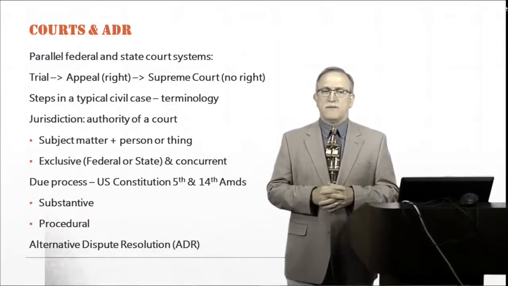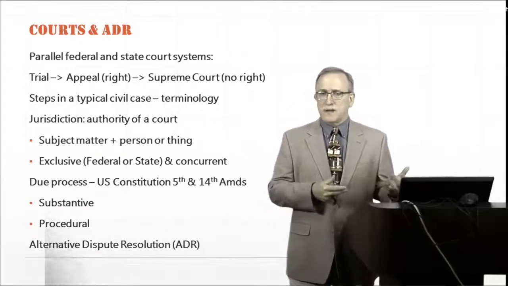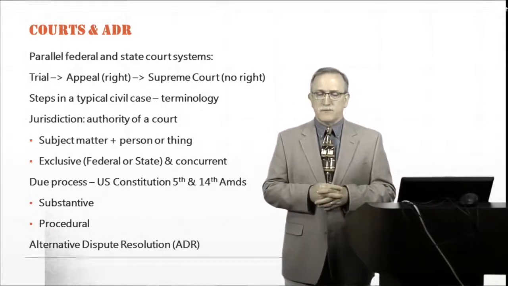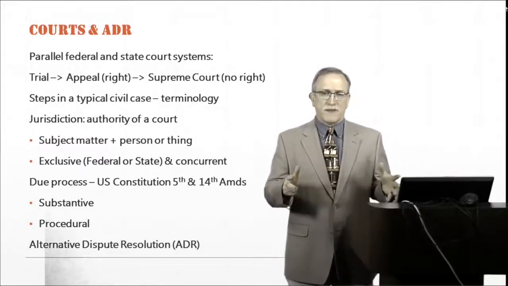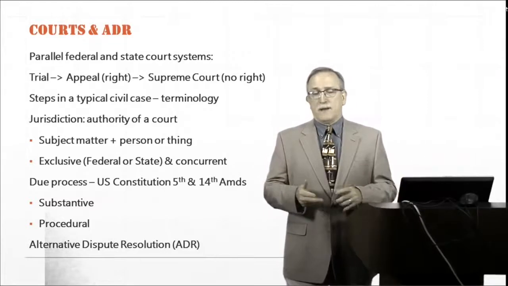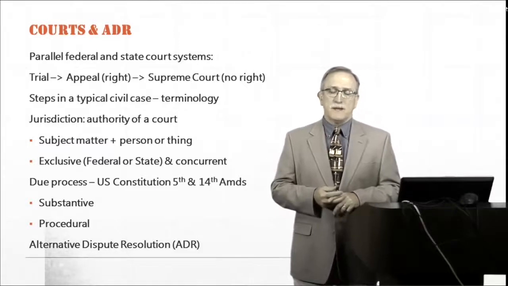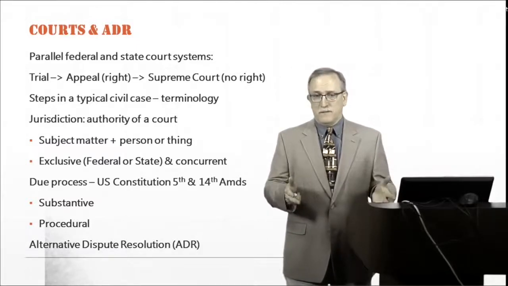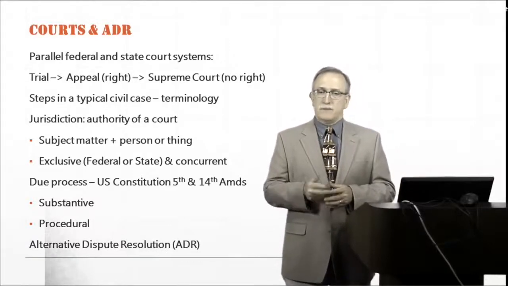Let's say it's a $50,000 contract. Okay, then the question is, does this court have authority, and again, you look at the court systems, and I have those set forth on your course page with a diagram of the state and federal court systems. You look at, well, I have a dispute with another party over breach of contract, $50,000. What is the right court that has authority over this person? Well, you look at where the person resides, who you're suing. Normally you sue the person where they reside. However, if the contract was executed within the jurisdiction of the court, like let's say Thurston County Superior Court, you could sue them here.